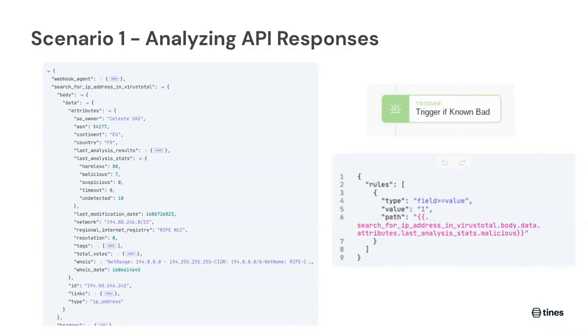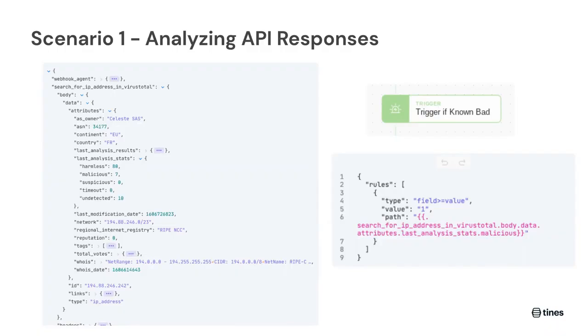What that is, it's telling us the last time this IP was analyzed, that you can see in the center. 80 engines thought it was harmless, 7 thought it was malicious, 0 suspicious, 0 timeout, and 10 undetected. That's pretty bad, to be honest. If Jack has performed an action, and first of all, if he's in France, which is something that's suspicious, but